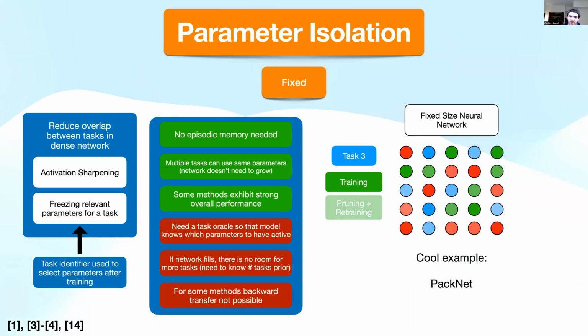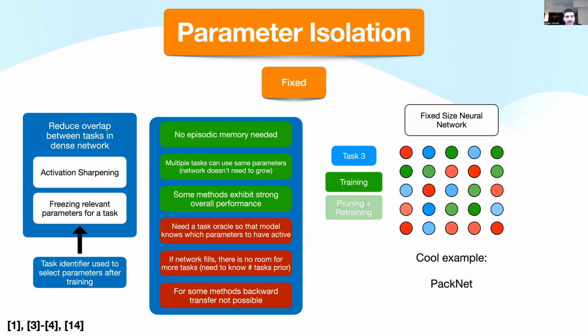There's also another note with this PackNet method. It's that the tasks at some time can use the weights of the prior tasks. They just can't modify them at all. So again, there's no episodic memory needed, and this method might sound very similar to the activation sharpening method from before. You're essentially trying to create orthogonal representations, and indeed you do here because you're isolating parameters to certain nodes, so it's largely orthogonal.